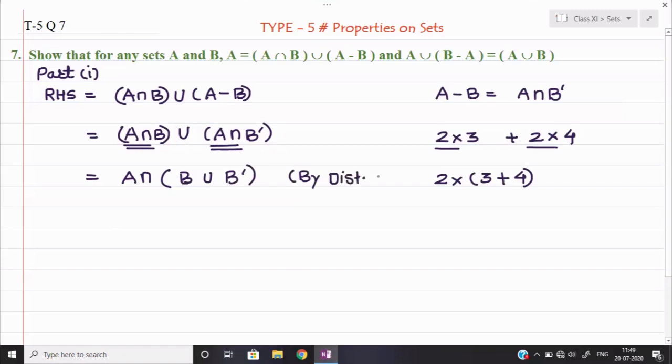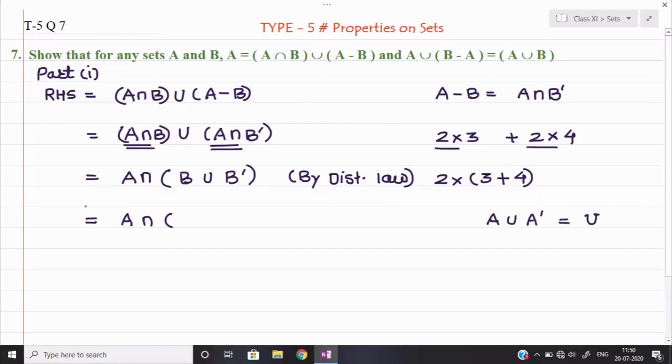By distributive law. Now similarly we can say that A intersection will be as it is. Just now I have explained A union A dash. So what is the value of A union A dash? If you combine A and A dash, it will definitely be equal to U. Intersection will be different. So A union A dash will be equal to the universal set U.